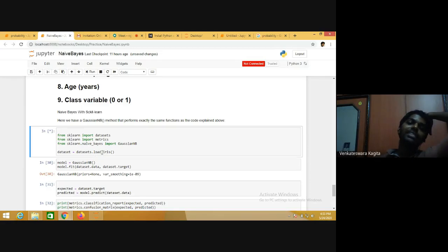There are 50 instances with the class flower 1, 50 instances with class flower 2, and 50 instances with class flower 3.